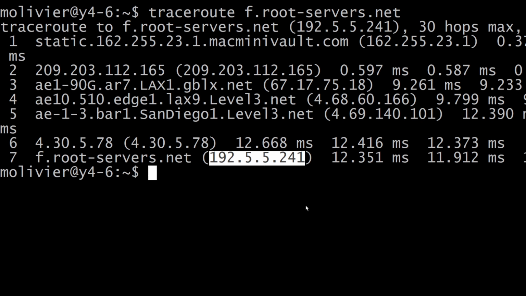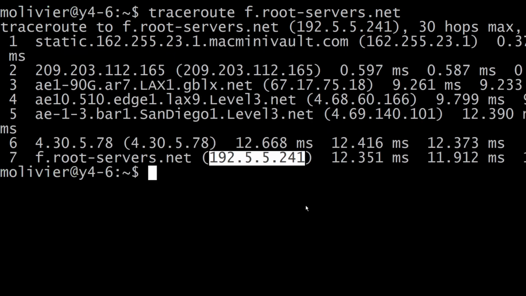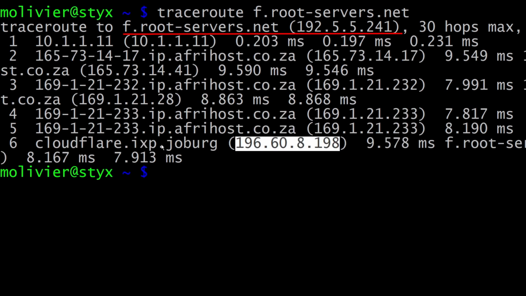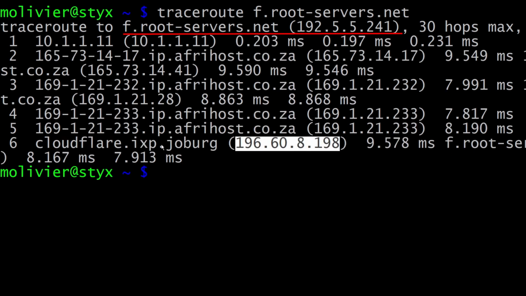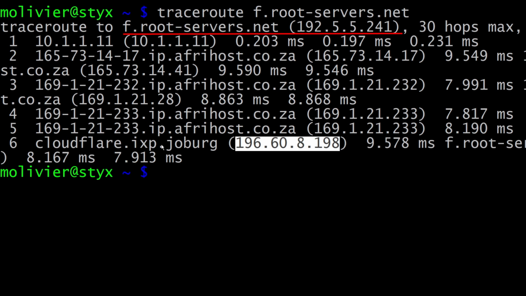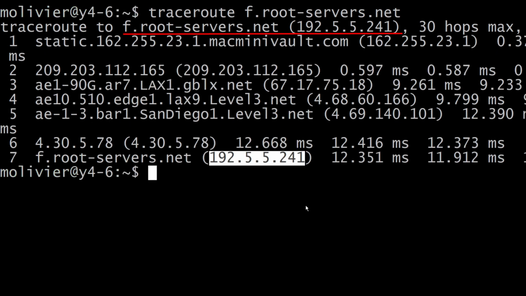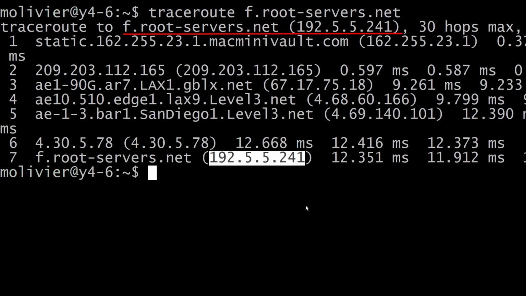In fact, if we just quickly flip back and forth between these two screens, we can see that we are indeed routing to the very same address, but in the Johannesburg case, we end up at a slightly different address from the one that we specified as the target address. I'm going to leave this open for you to think about, and we may get back to this when we talk about layer 3. This is unfortunately the point up to which I can take you with my setup at home.